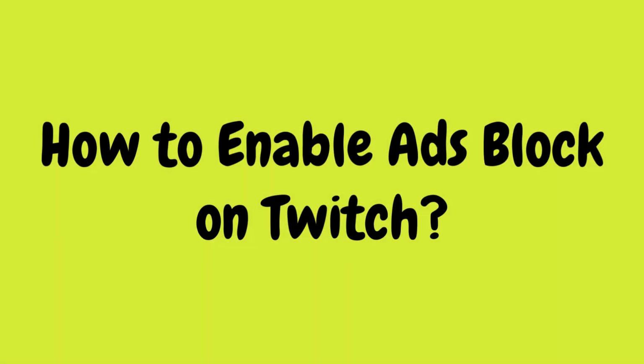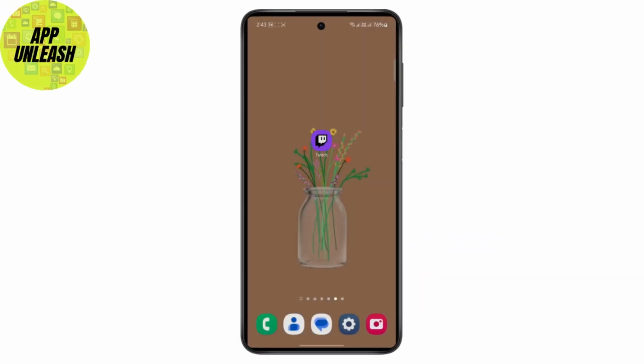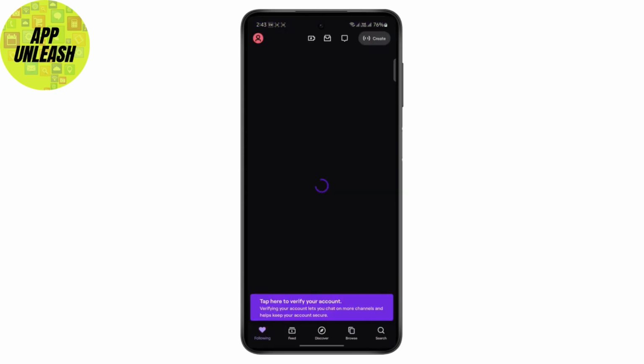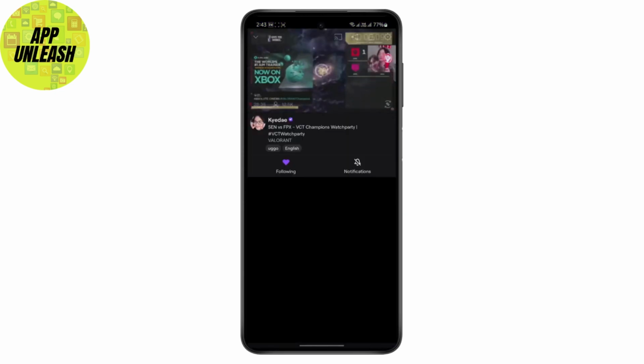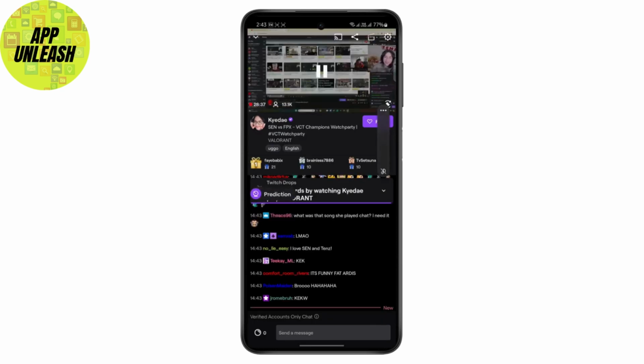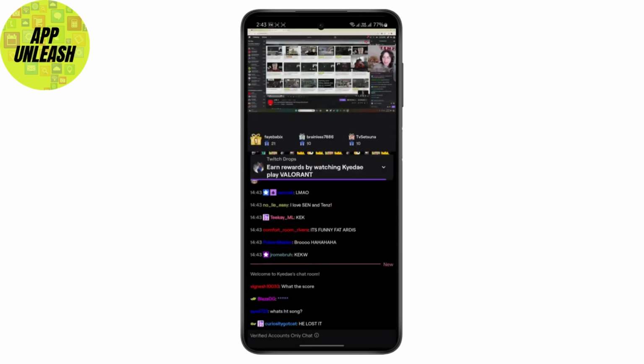How to enable adblock on Twitch. So if you don't know, Twitch is an online streaming platform where you can watch online streams. So if you are trying to see someone on stream and ads are popping up and it's kind of annoying,